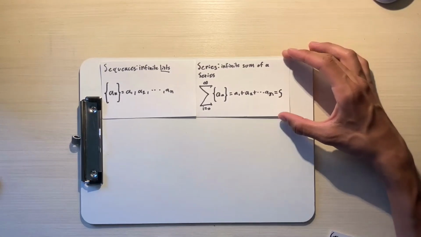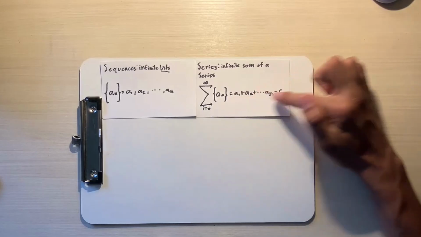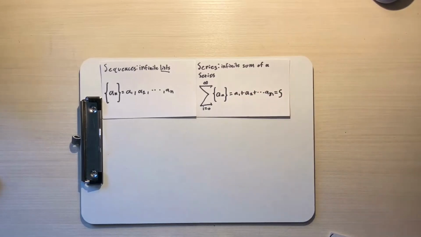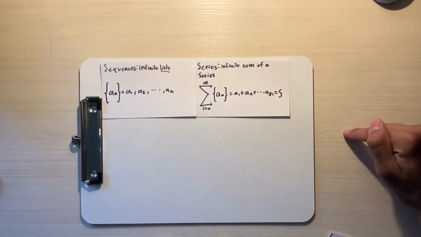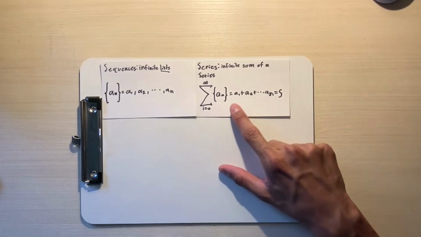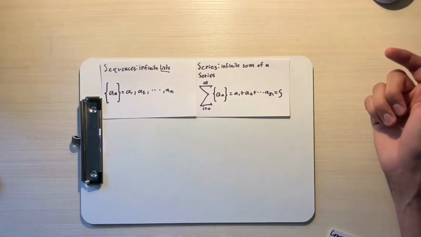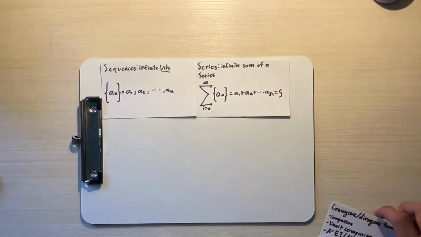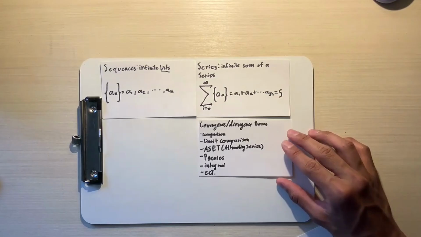At that point, we took a break and we asked, well, do these series necessarily equal something that's not infinity? Because I'm sure you can imagine if a sub n, every term just gets bigger and bigger and you're adding all of them up, you're going to reach a very large number that's just going to reach infinity pretty quickly. So we spent a lot of time talking about convergence and divergence